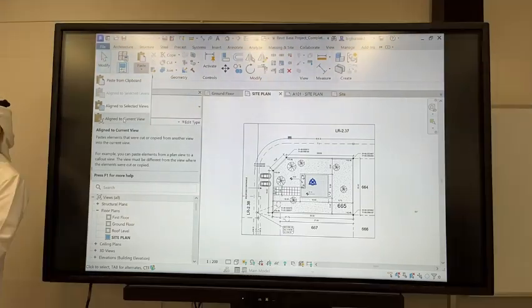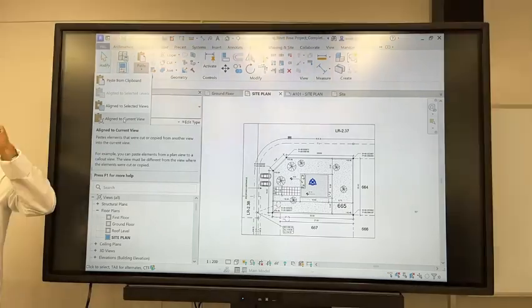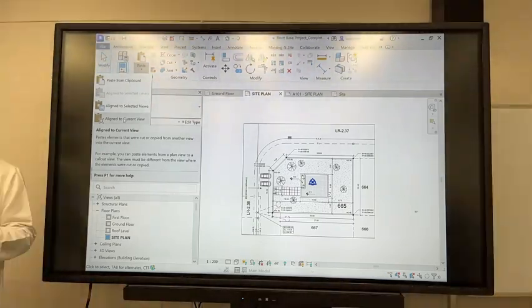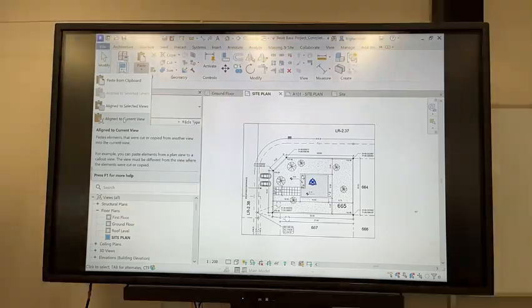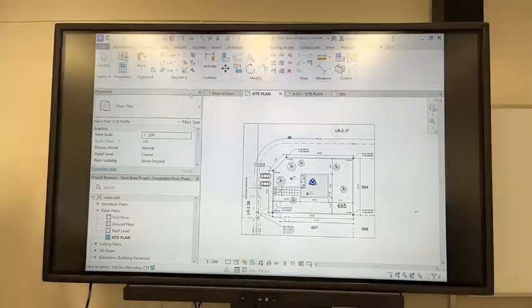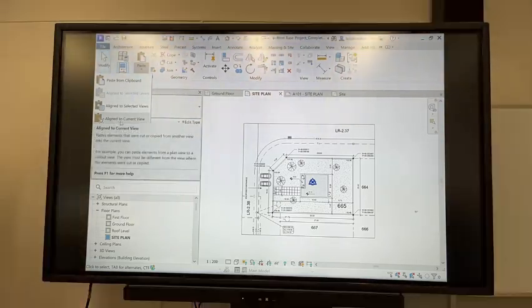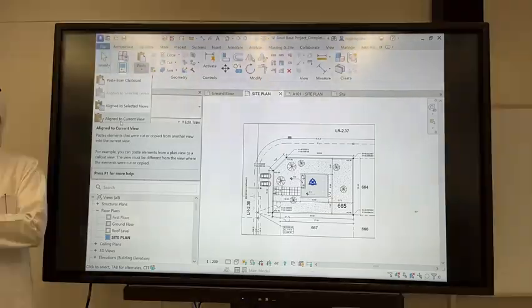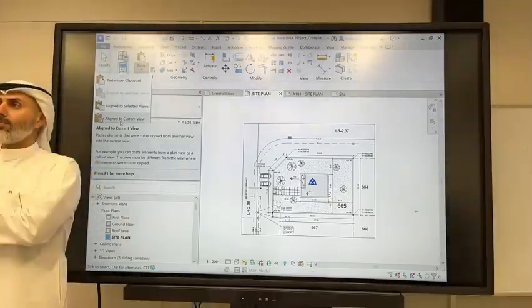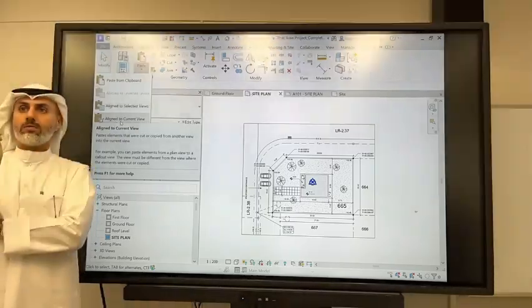Then you bring up the site plan in the new one. Make sure that you deleted your property lines and deleted the big rectangle around, so you're not doubling any information. Go to modify. On the left side, paste. You do the drop down arrow, under the word paste, and you click aligned to current view. Is anyone not getting this step? It's not sent. That's fine. It's okay, I push it. So now